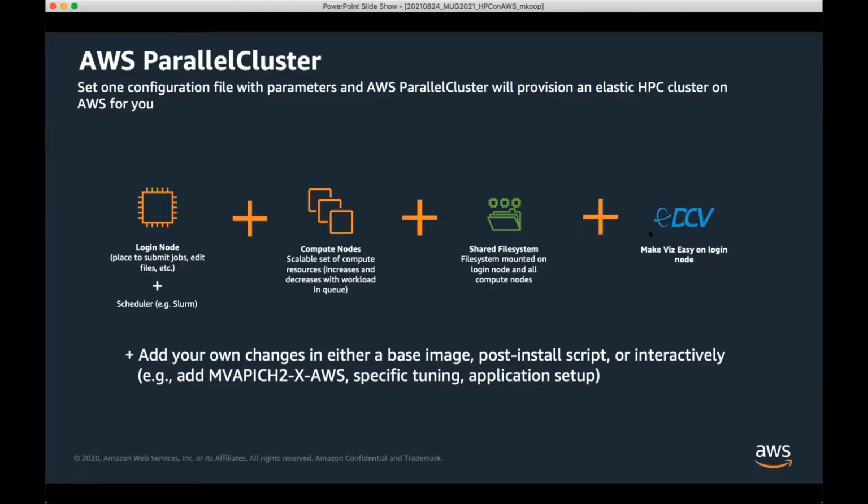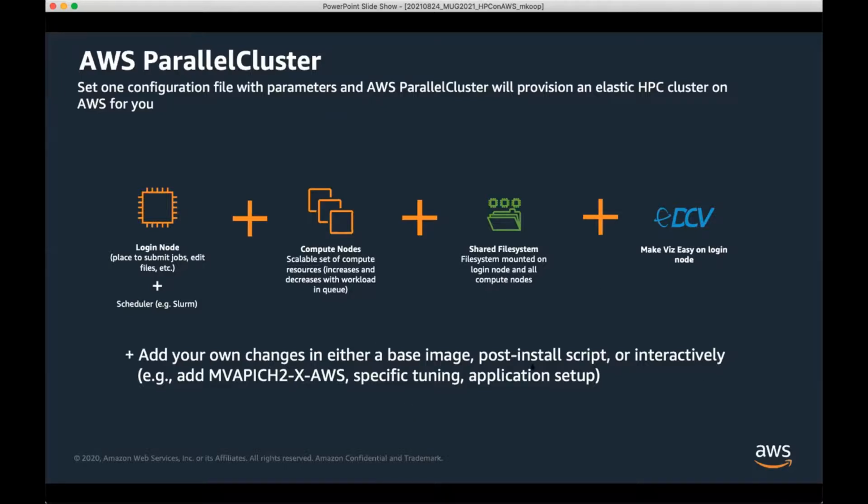DCV, which is a remote virtualization platform that AWS has, where it can be web-based or it has native clients that can run on your desktop as well, that can do all the way up to multiple 4K screens. The great part is if you're running that server on an EC2 host, there's no additional charge beyond the cost of EC2 itself. So we have a lot of customers that use that.